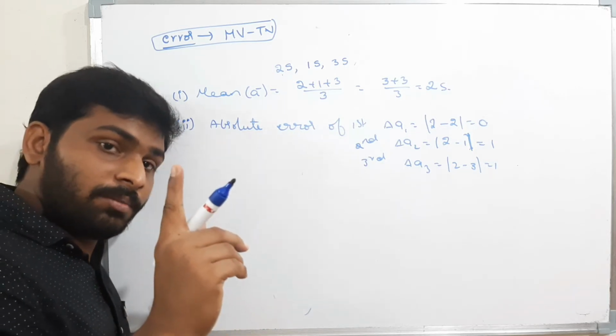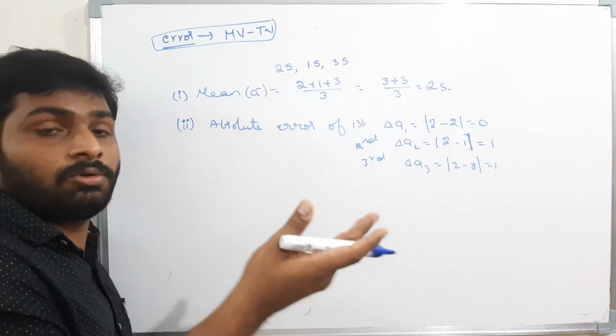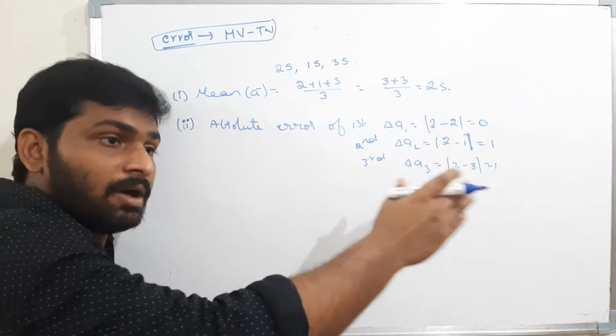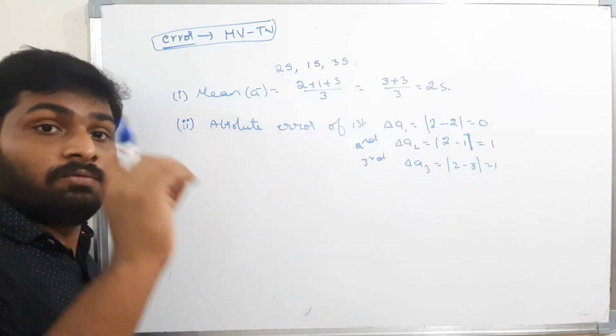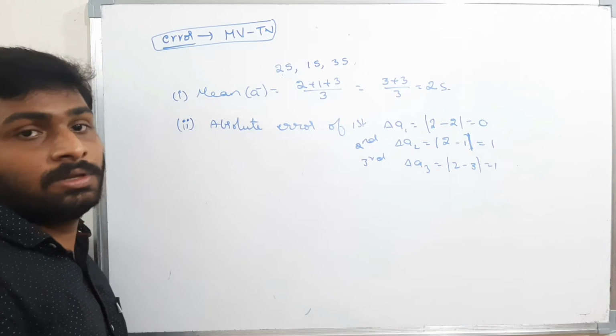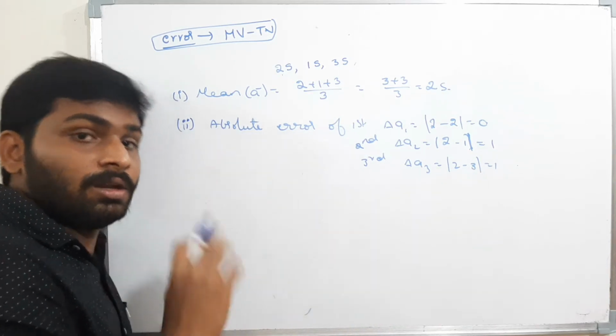If you are taking the measurement only 1 time, the reading you got may be true or not, we don't know. But if you take readings 10 times and if you find the average, then you will get very less error. So the more times you measure the values, the more readings you take for the experiment, the lesser will be the error. Please remember this.